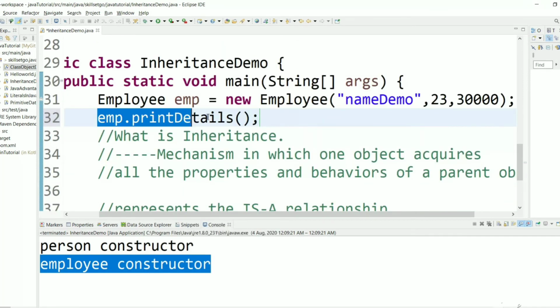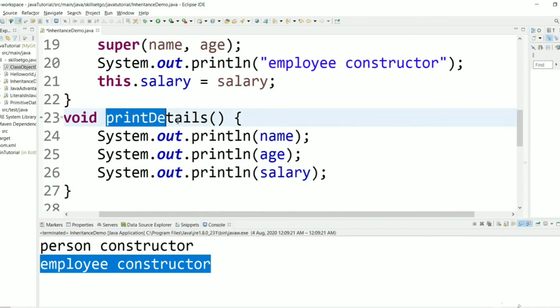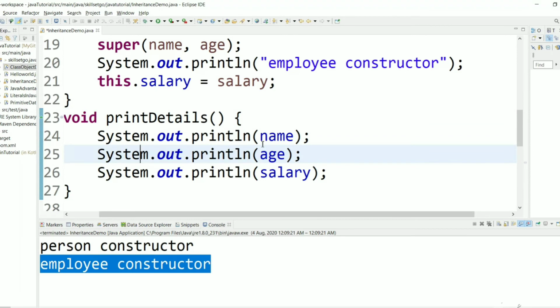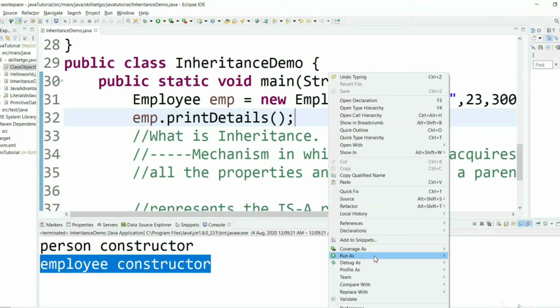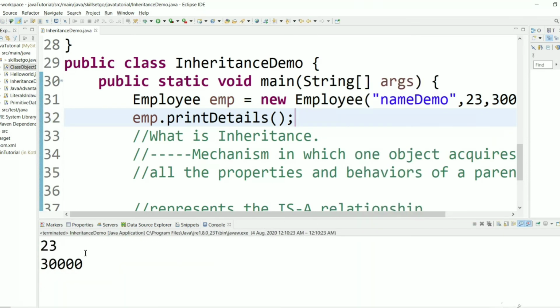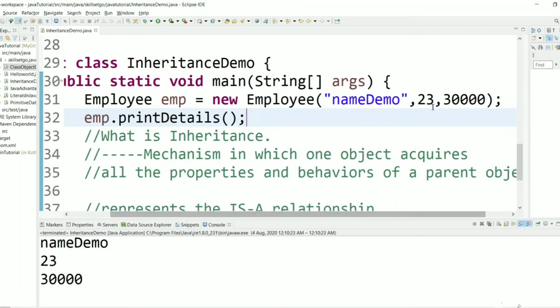So printDetails. Now this will call the function printDetails, and we will get this output: name, age and salary, what we have initialized here. Let's execute this and see the results. So we have got name demo, 23 and 30,000 as we have passed.